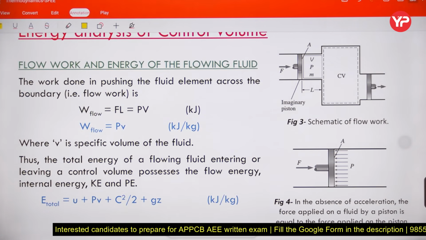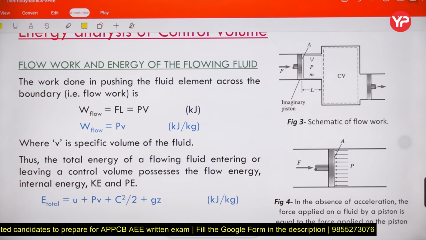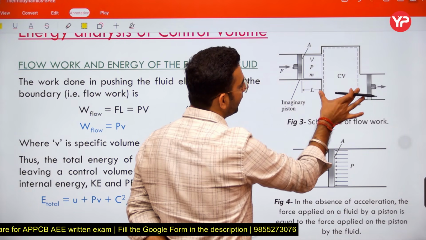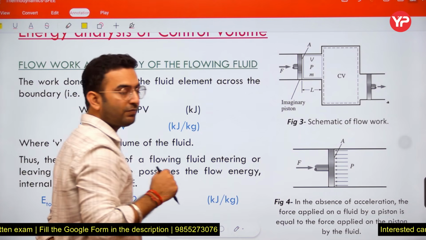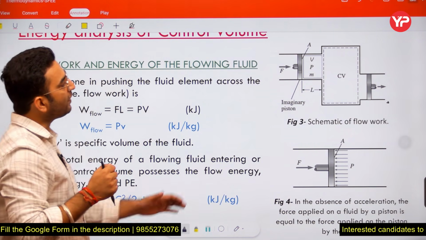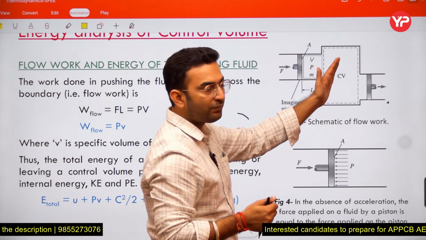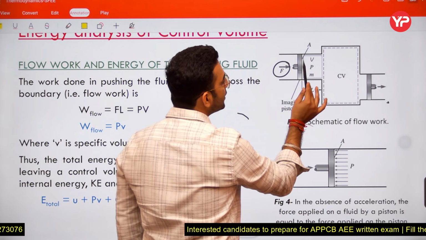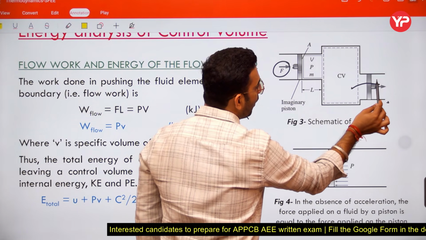So this is a simple representation of how the flow work is calculated. Here you can see I have defined one container. We have a container in which an outlet pipe and an inlet pipe are given. Now what we are doing? We are pushing a liquid inside the control volume by applying the force F, and the liquid which is being pushed into the control volume or getting out of the container here